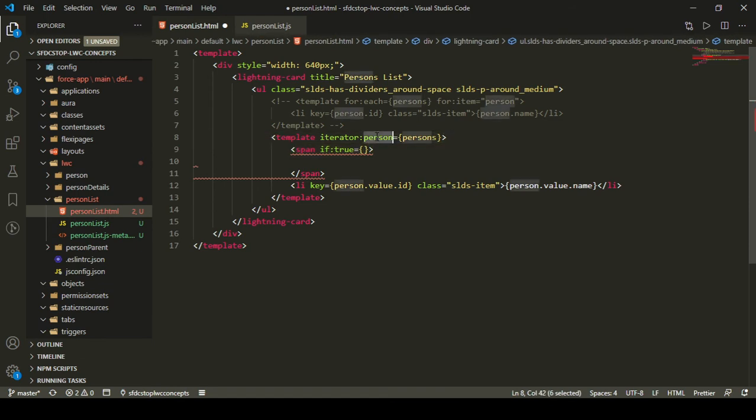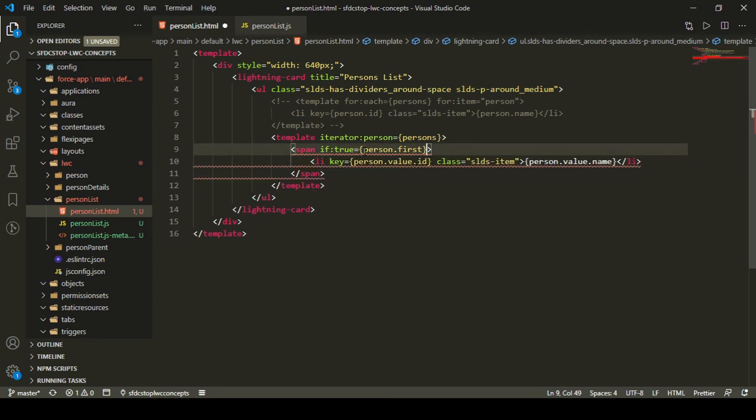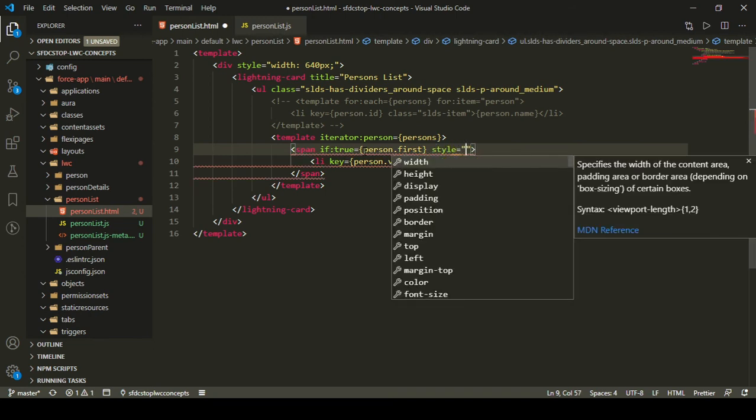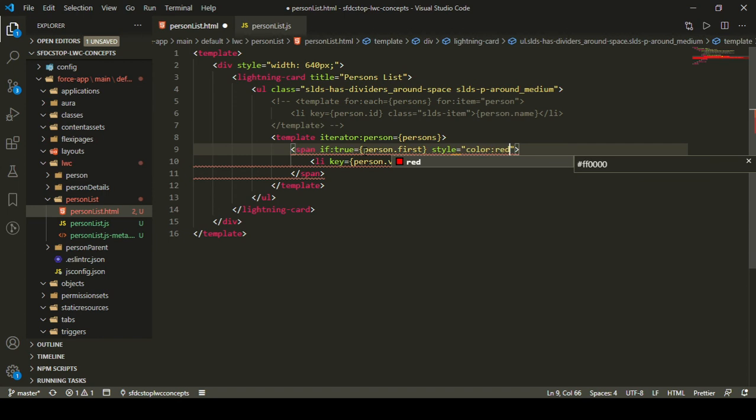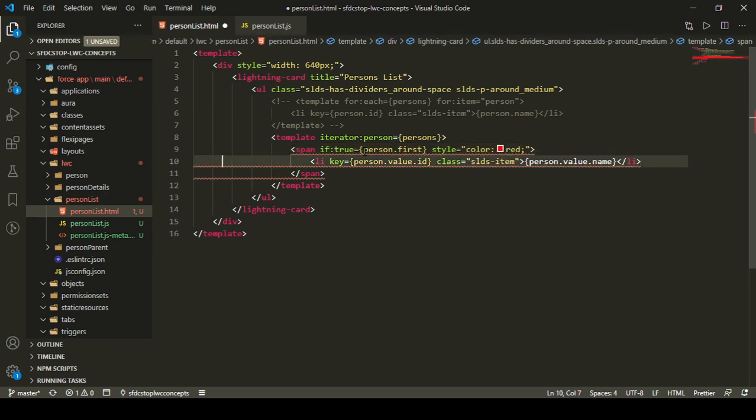Our iterator here is person, right? So if it is person.first, the first element of my array, then I'm going to say style is equal to color: red. Okay, so I want to apply red color to the value that I'm displaying out here, right?